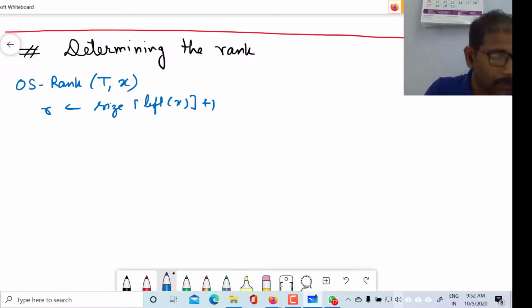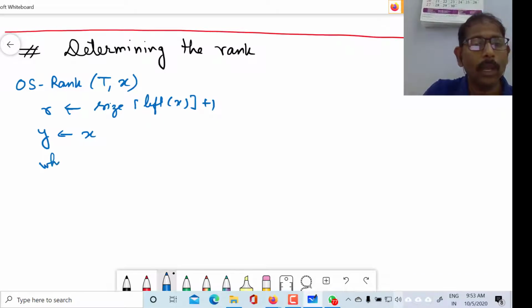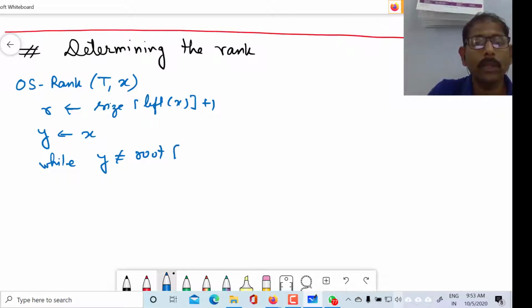Here first of all, I will copy the value of x into a variable y. The value of x for which we have to find out the rank, we will copy into a variable y. Now I will give the condition: while y is not the root node, because if it is the root node, then we will directly get the actual value.